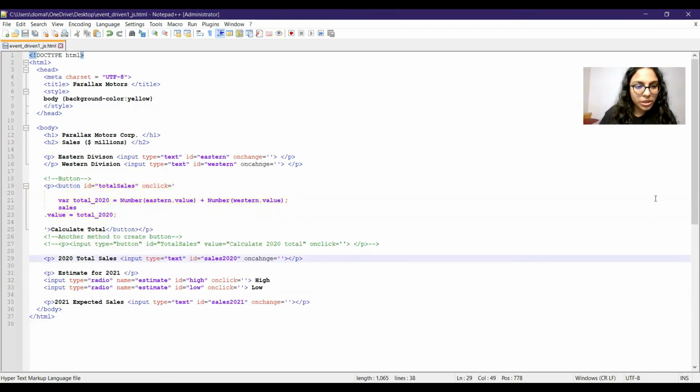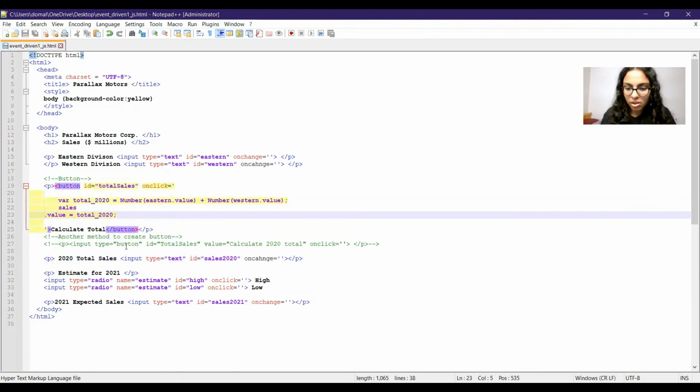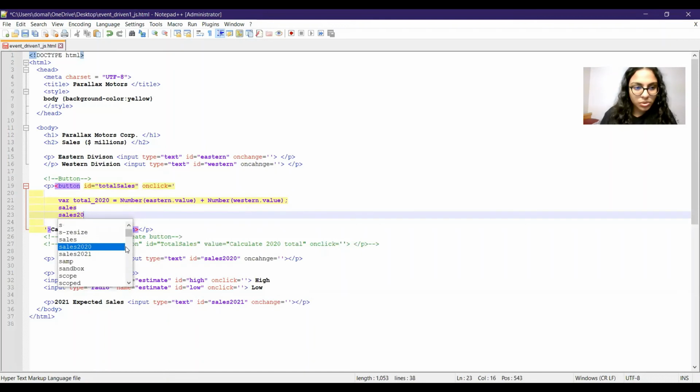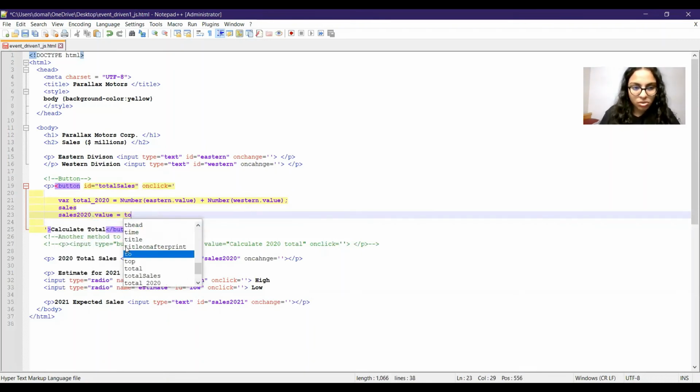Oh, just a second, sales2020. Yeah, sales2020.value is equal to total_2020.